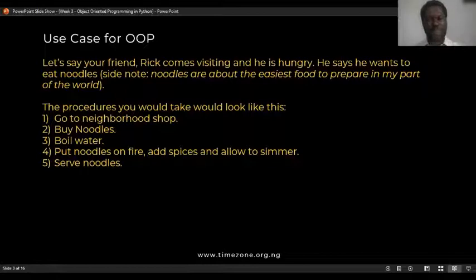So in this case, Rick has come and Rick wants you to feed him, and Rick wants to eat, so this is what you do, basically, all right? And why you do this is because it's just Rick, okay? It's just Rick. I mean, you could always do that for your friend. But now,